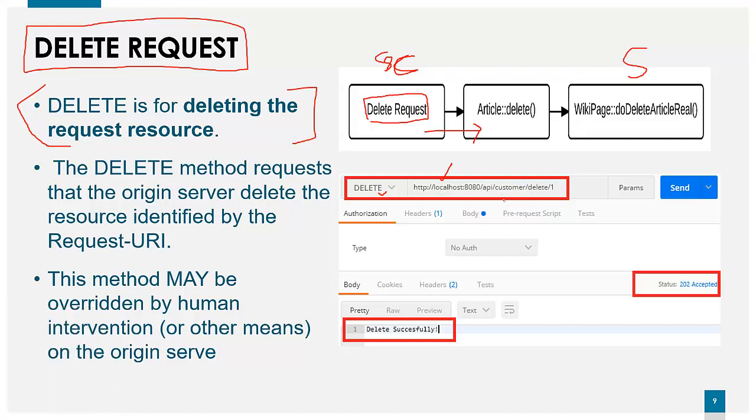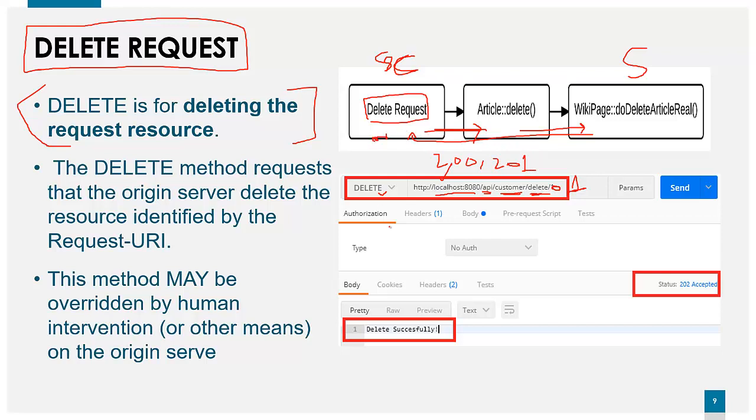See that this is a request, this is a domain, and there is the API, and this is our API name. This is the API sub name, and then we want our delete operation, and this is our unique ID. So we want to delete our first data. It will send the response here. If the ID matches, it will delete that data and send us a response with a 200 or 201 status, that your data is deleted.